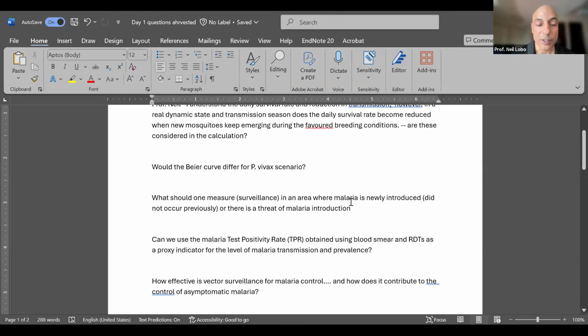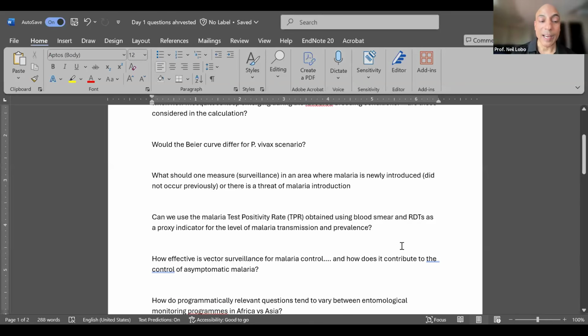Perfect. That's a great question. And so I go back to the first step, right? So what is my question? So this completely depends on what your specific question is. If you're trying to understand the drivers of protection or of transmission, or are you trying to understand what intervention to put into place? And for each of those, you might answer a different question and choose different indicators.